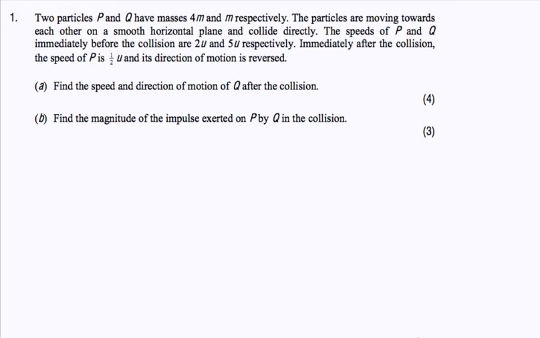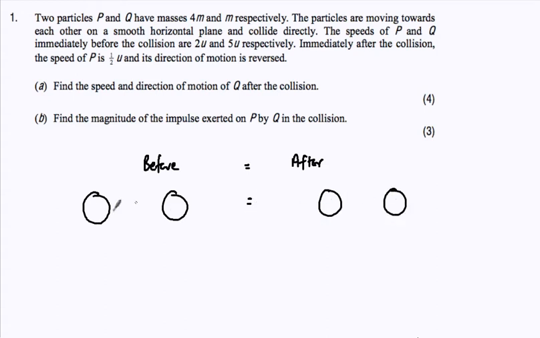Okay, what we've got here is conservation of momentum, and if momentum is conserved, then the momentum before equals the momentum after. So we have two particles, before and after, masses 4m and m. Same afterwards, of course. Velocities will change. Before we have,